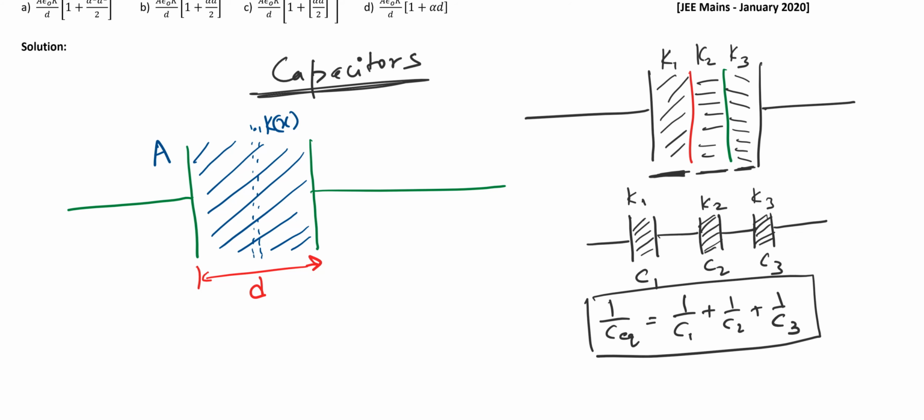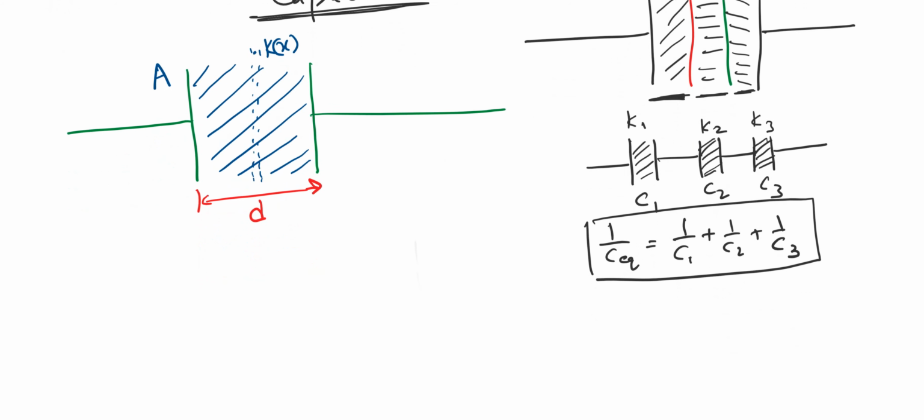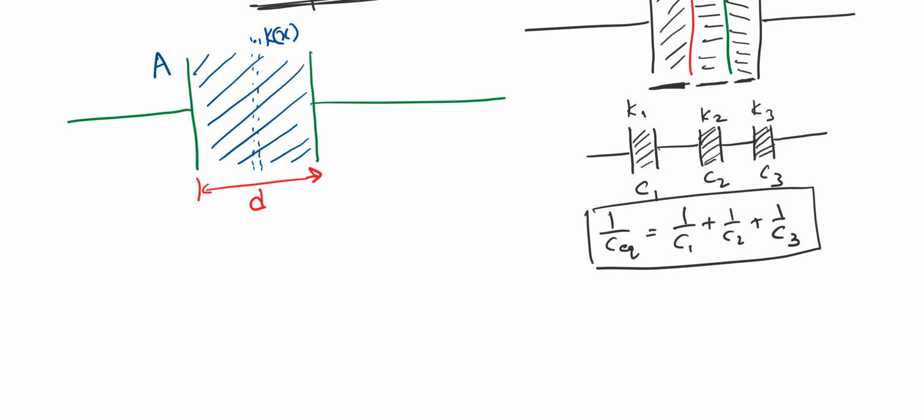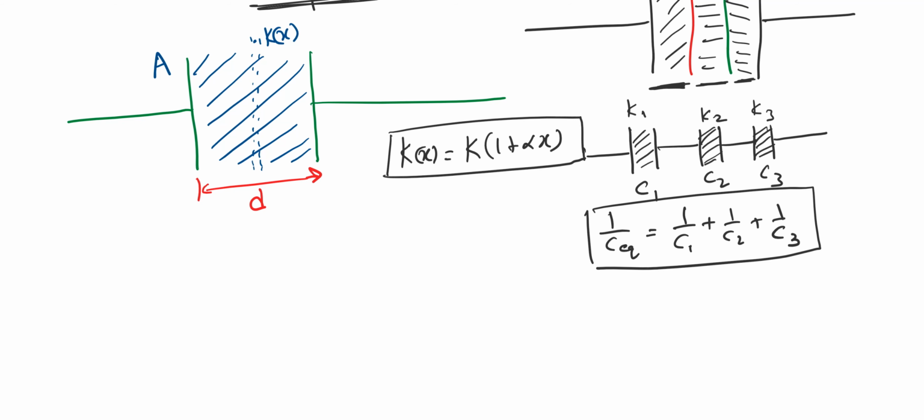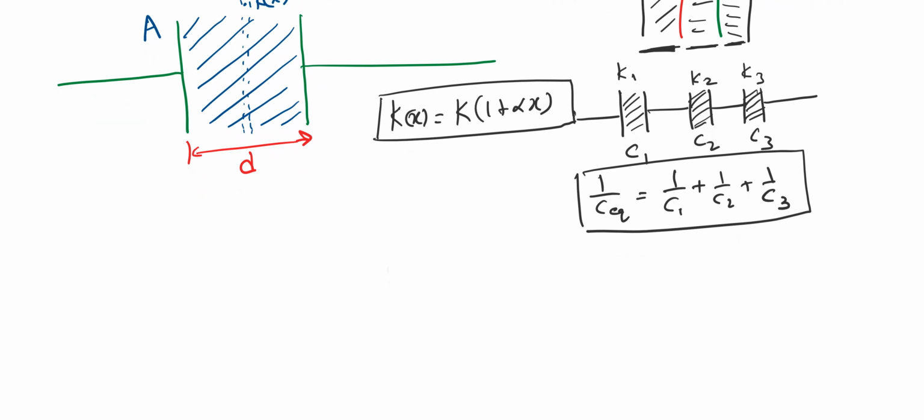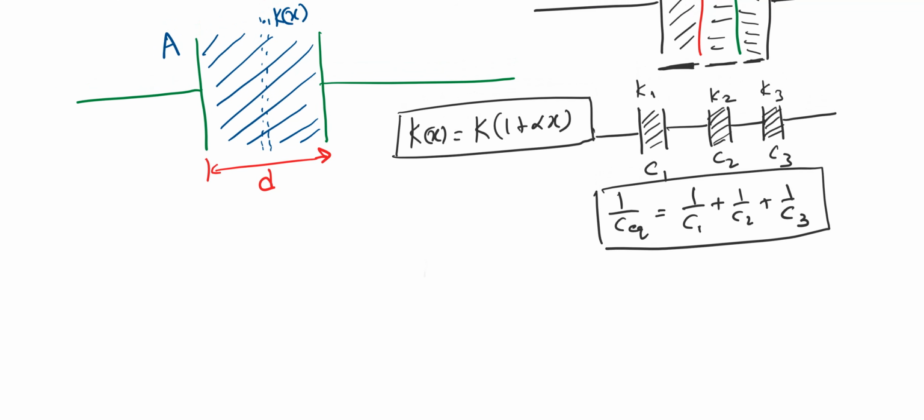Why did I show this over here? Because the same thing is happening over here. Since the value of the dielectric is changing with this relationship, Kx equals K times (1 plus alpha x), the dielectric constant is varying throughout the capacitor, or the thickness of the capacitor. Now what can we say? We can say that your capacitor